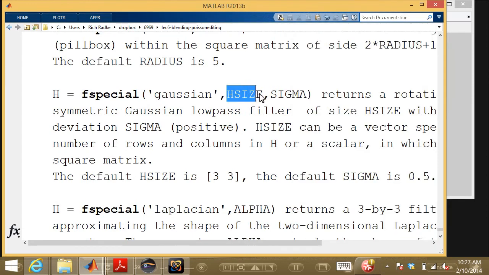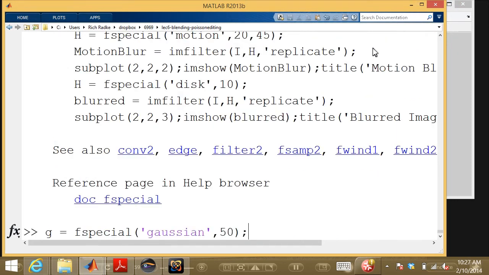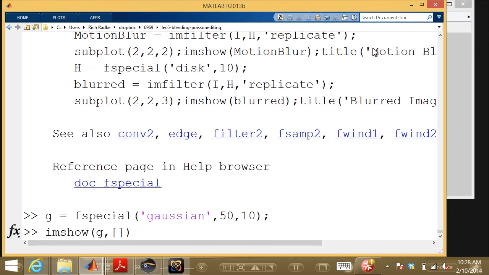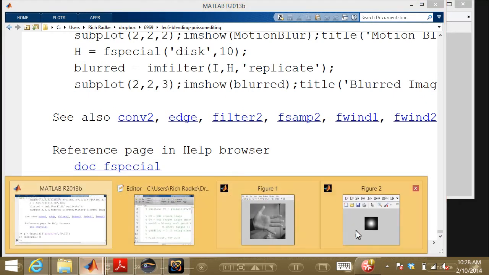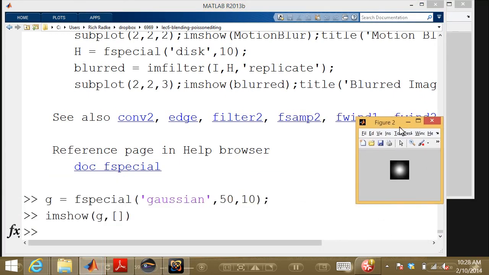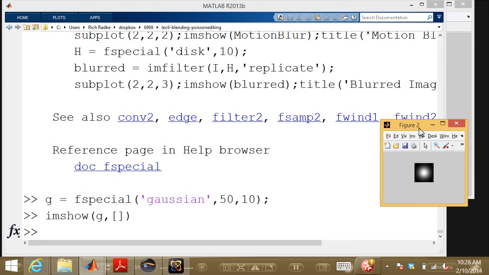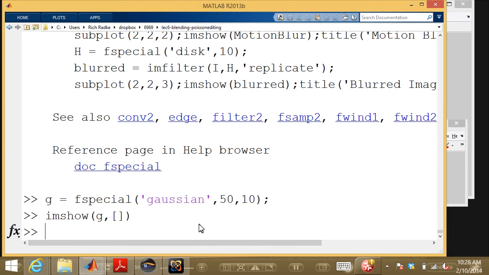size. That's basically the physical size of the filter. And then sigma tells me how wide the Gaussian is. And so if I were to say, okay, I want a 50 by 50 Gaussian, and I want the variance to be like 10. Now if I look at this, it should be a little bit more visible. Right, okay. So now I've got this blurry Gaussian kernel, and then what I could say is, okay, my blurry